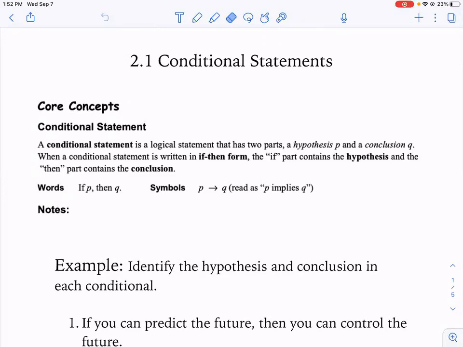Okay, so the first thing we're going to learn about is what's called conditional statements. Basically, we're just talking about logic here. Okay, so with your highlighter,